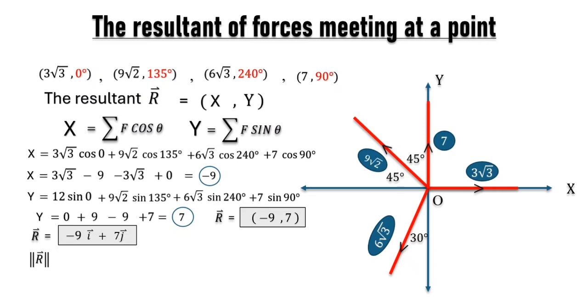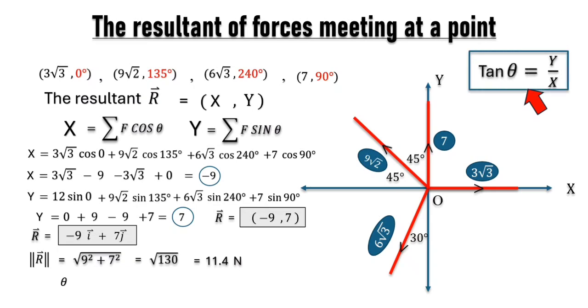How do we find the norm of the resultant? It means the length of the resultant. We will take the root of 9 squared plus 7 squared, which equals 11.4 Newton. We want the direction, it means theta. How do we find theta? We can get it from y over x. Here y equals 7 and x equals -9. Shift tan of 7 over 9 to get the angle. The angle will be